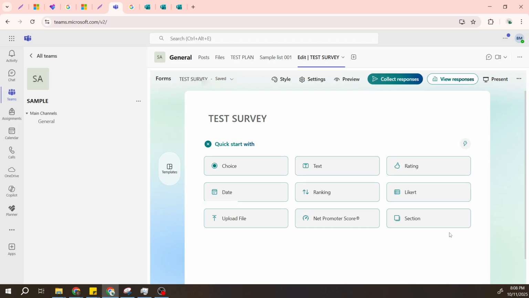After you're satisfied with your survey, look for the Save option. By selecting Save, you're effectively adding this survey as a new tab within your channel. At this point, you also have the option to automatically post a message to the channel announcing the addition of the new survey tab. This is a handy way to ensure everyone is promptly informed and can participate at their